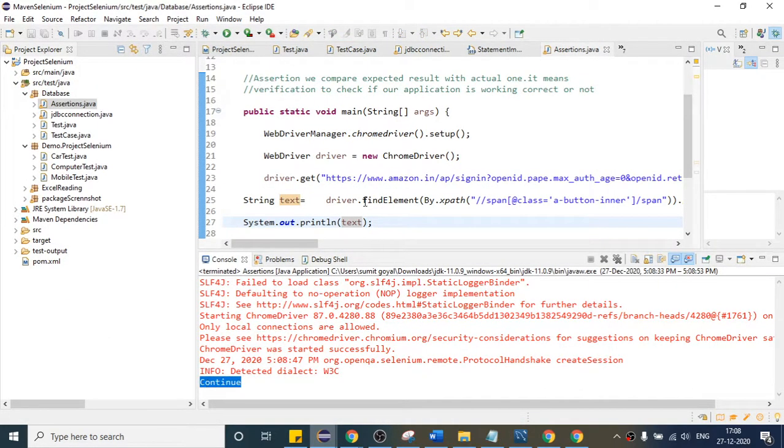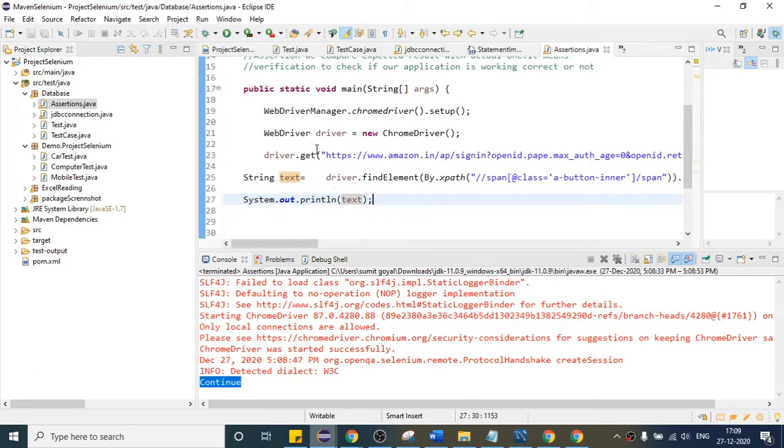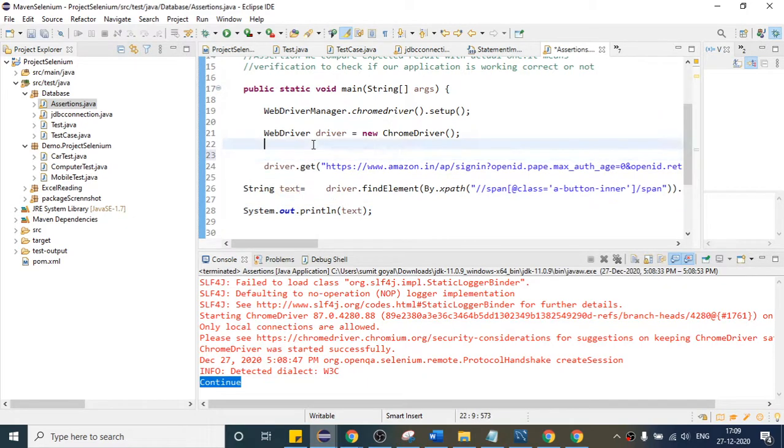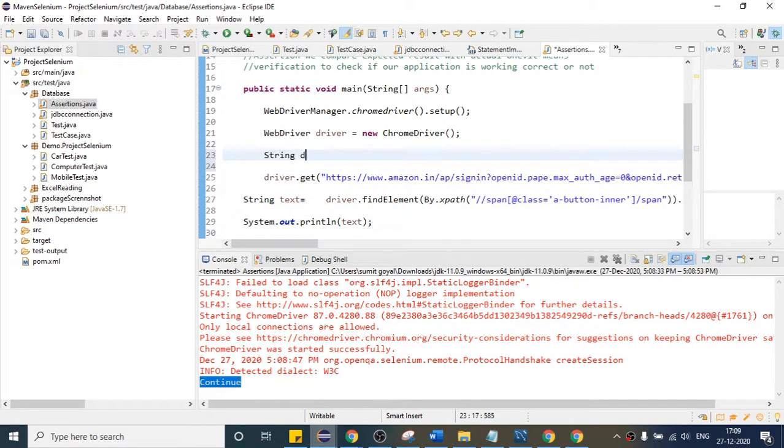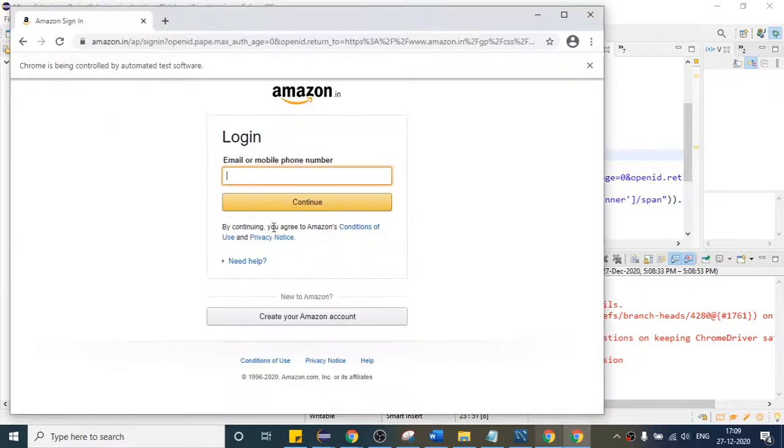Basically, why are we getting this text? Because as a tester I wanted to check every time. Suppose the developer has written the text like this. So this is String developerText. Just assume the developer has written this text, which is like this, continue, right? So I'm expecting this text every time I run my test case. If not, then there is some issue with this text, right? This should not happen, because I want the text to be like this, but somehow after some code changes the text will appear like this, continue, right?